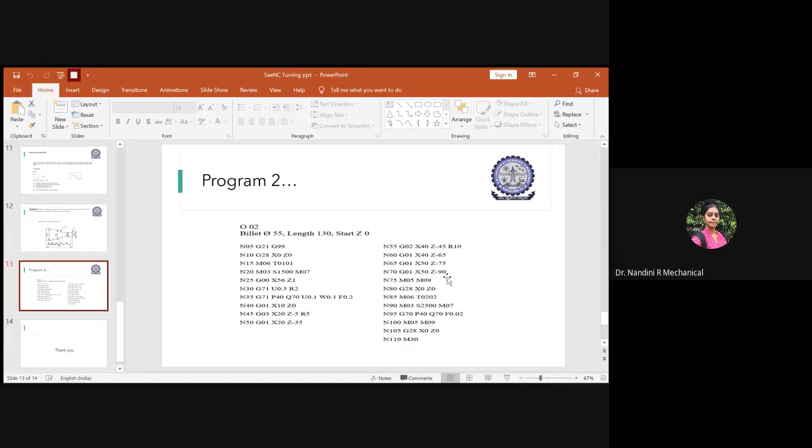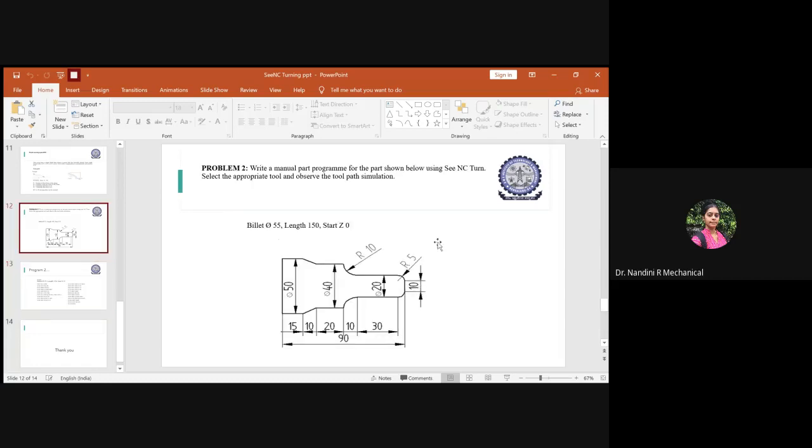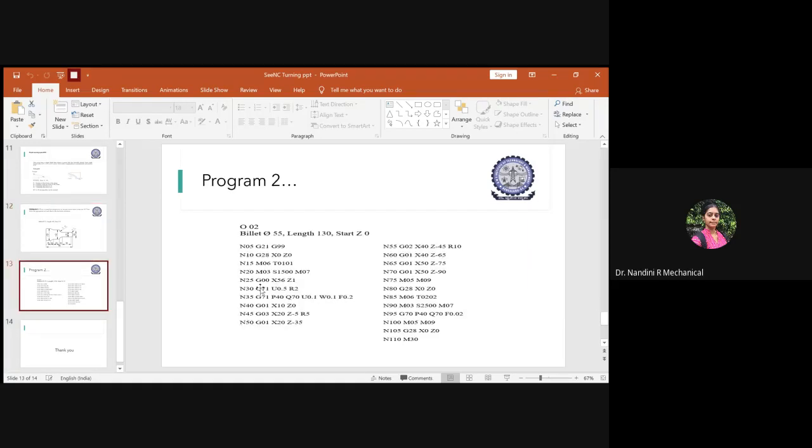Once it is completed, what you have to do is make the spindle off and the coolant off. So you will type M05 for the spindle off, as well as you will make the coolant also off. Once this is done, the very next step is you have to make the tool, which you have used for rough finishing, to be away from the workpiece. So you will use G28 to set the tool to the home position, so that x and z both will be equal to 0.